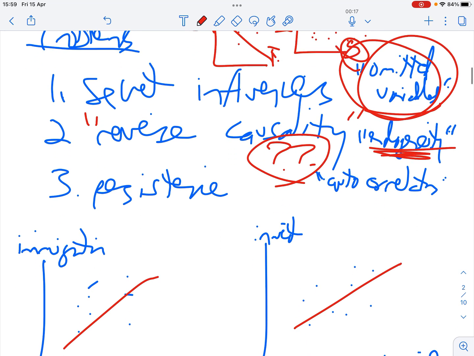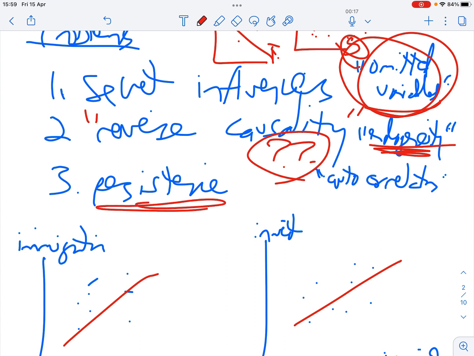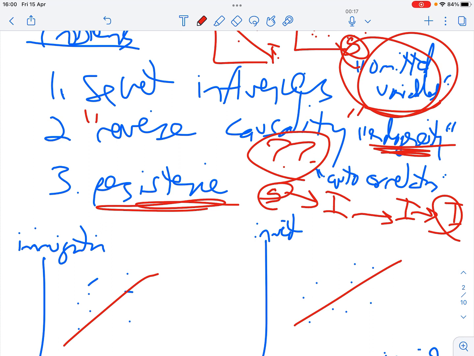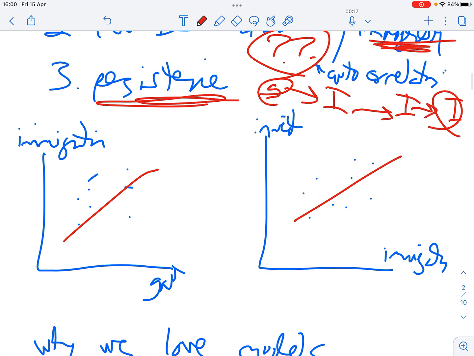And the third reason is, well, maybe there's persistence in this investment. Maybe I is not caused by G. Maybe I is caused by I, which is caused by I. We invested this much, we invested this much last month. We know that our machines are depreciating. So maybe there's nothing else to this story except it grows as it goes.